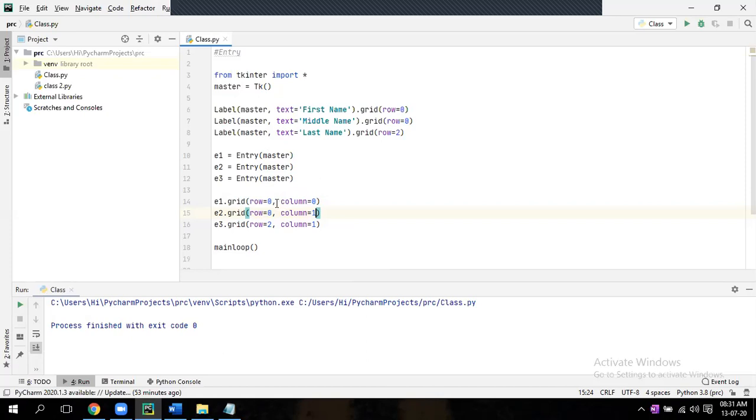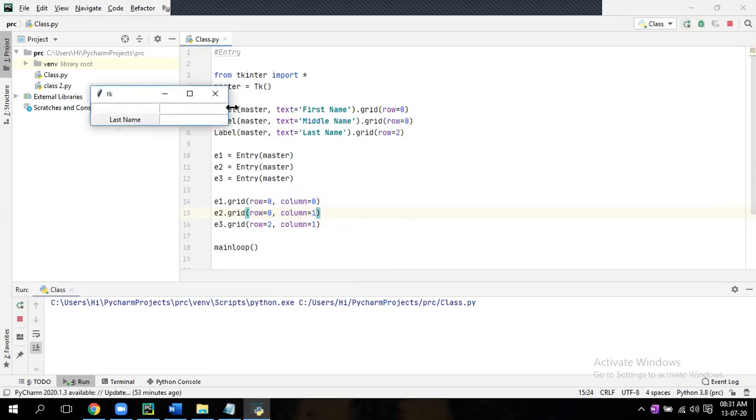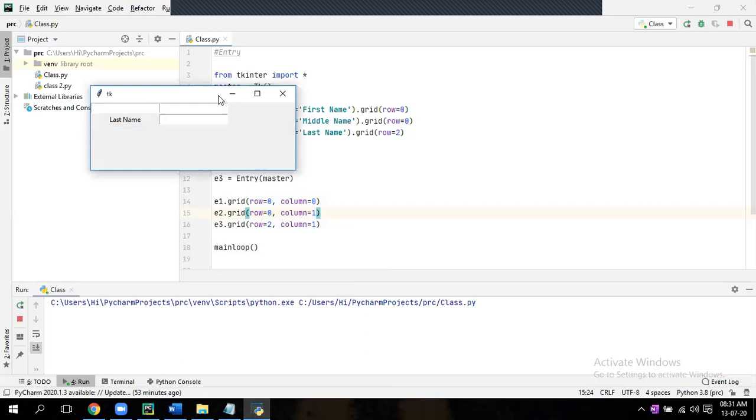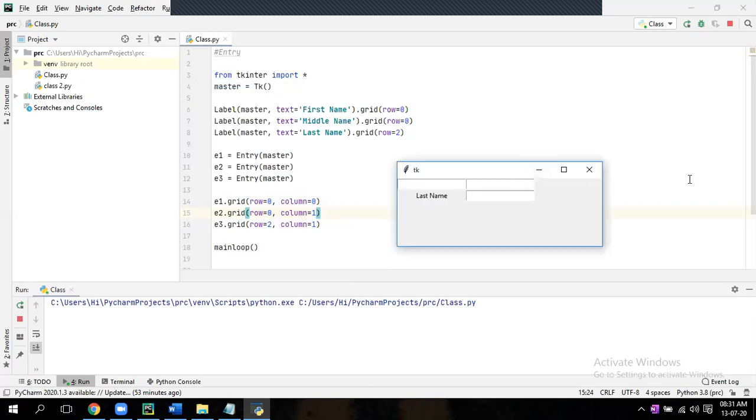Open the output. Go to output. I'll tell you. Label means this name, last name. This is the label. And after last name, there is a grid. That is nothing but the grid, the columns and the other things. That is the grid. And that is the label, the name that you have written, last name. That is nothing but your label.